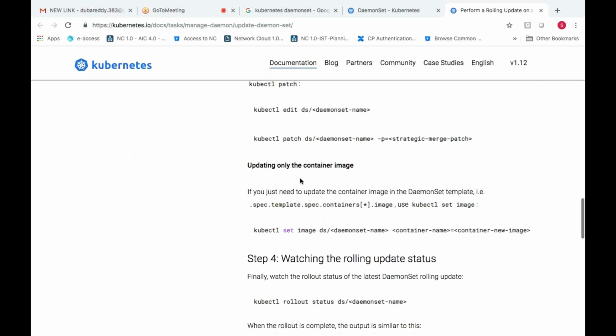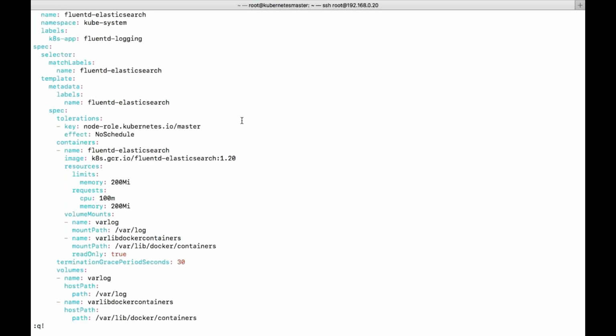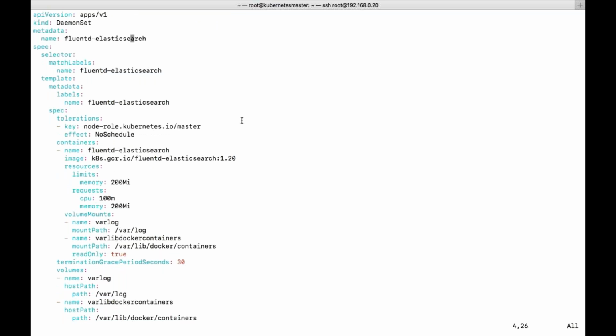We'll try to do one thing. I'm just modifying it according to our requirement in order to show you the rolling updates.